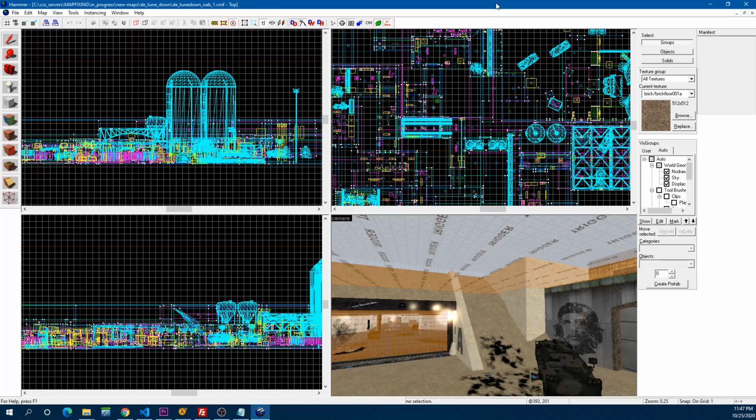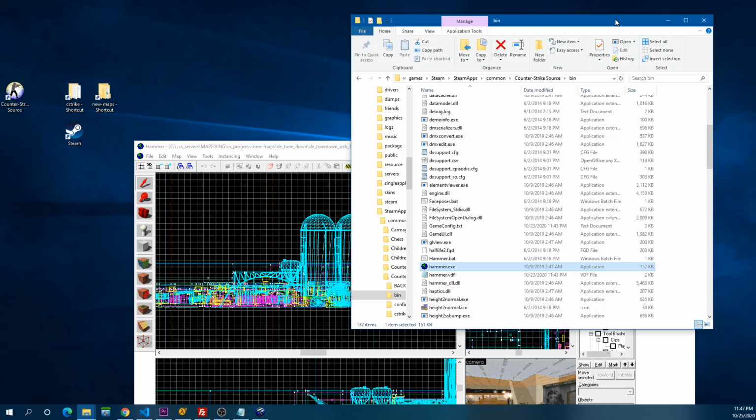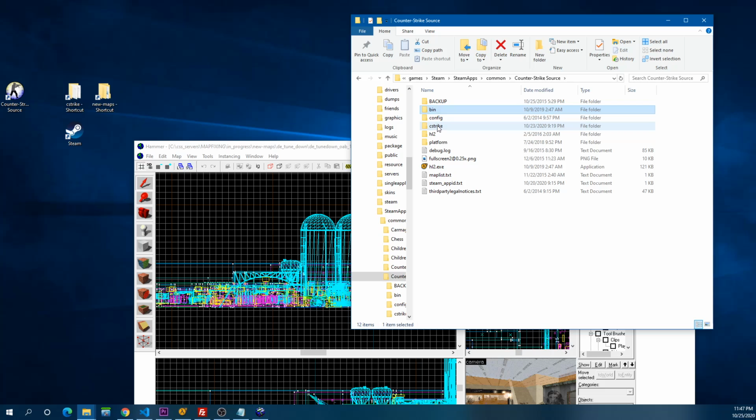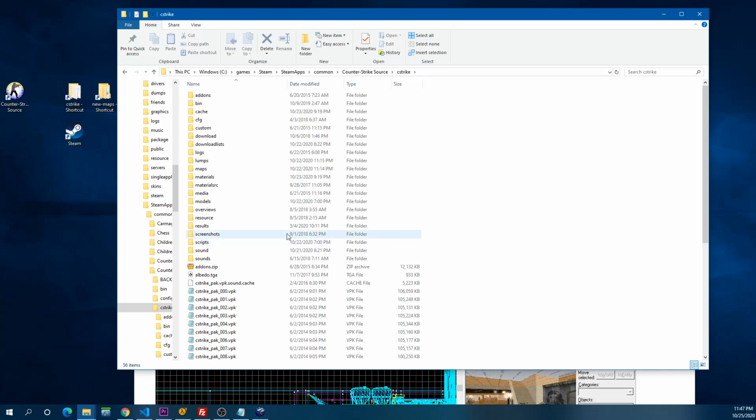So for this first video, before I end this video, I'm gonna give you an overview of the map system, the file system that works with maps.